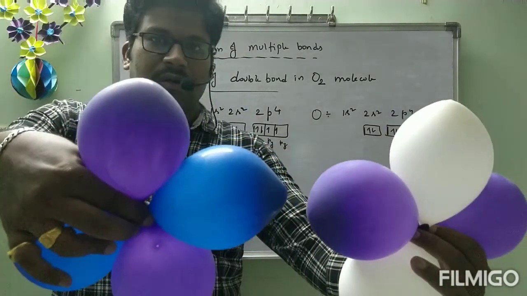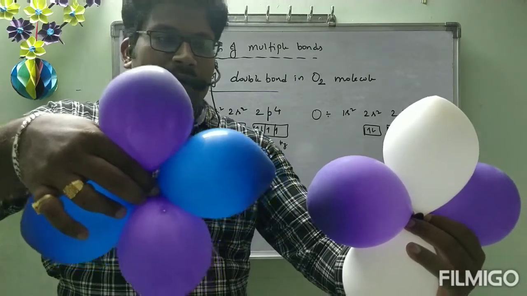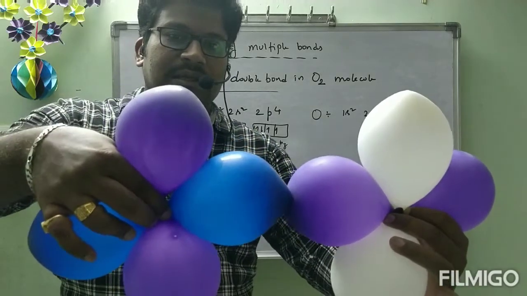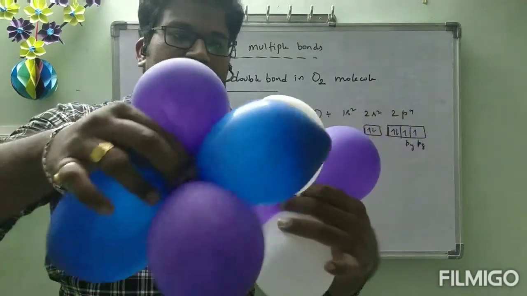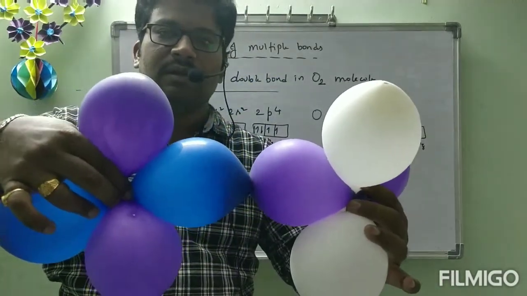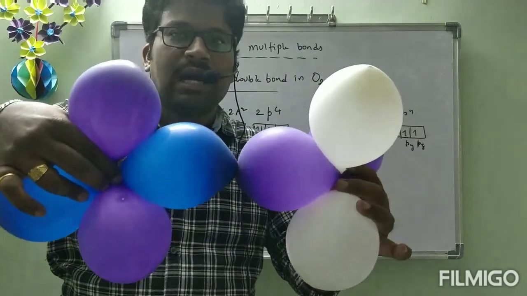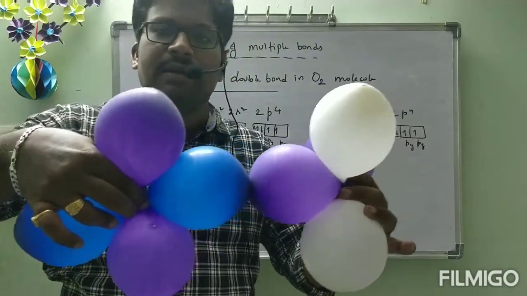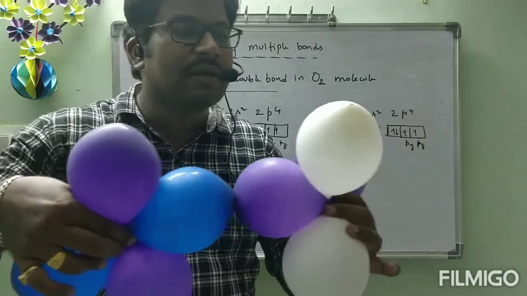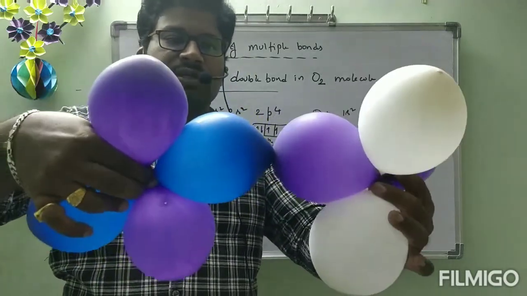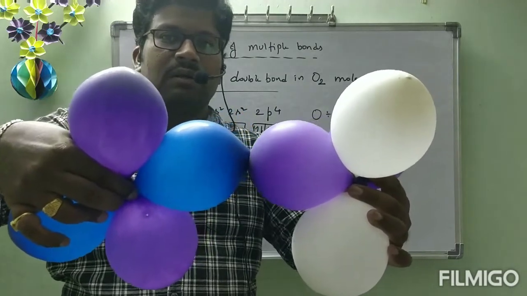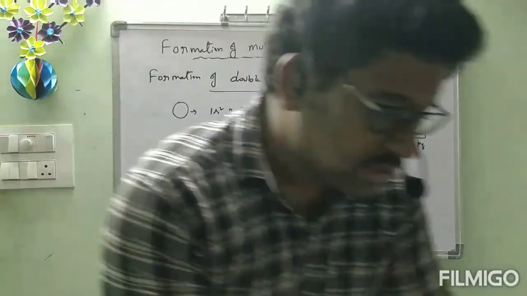We have two orbitals. Let us think that this is y-axis and this is z-axis. It is involved in complete overlapping. At once, if it is involved in complete overlapping, these two cannot come like this and they cannot overlap. Then they are involved in pi bond. This violet color one and this white colored one. Okay. This is the formation of double bond. Okay, in oxygen. I will show on board.